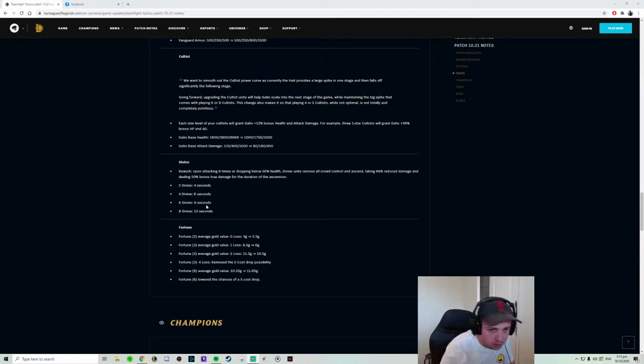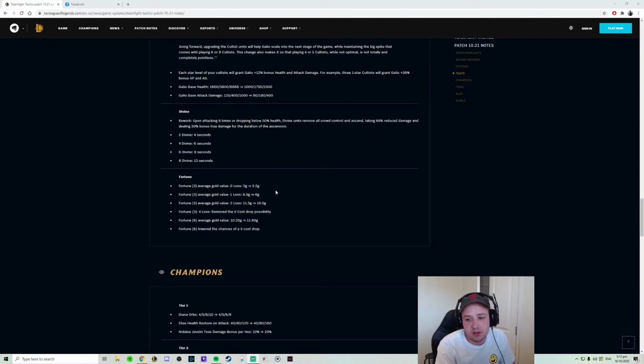With regards to Fortune, what they've done is they've basically gutted Fortune. Some of the changes that they have here, like average gold value from 0 loss, gone down by half a gold, full gold. So they're making 3 Fortune a little bit less profitable. Fortune 6, a little bit of a buff, a little bit of a nerf. Now, these Fortune changes don't actually make that much difference, but the reason that I say that they've gutted Fortune